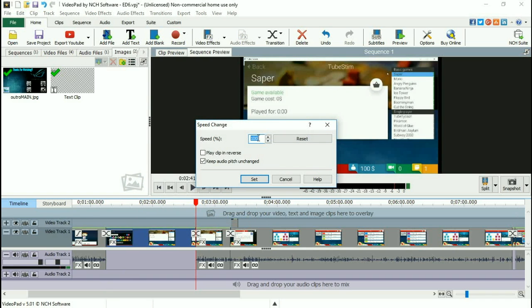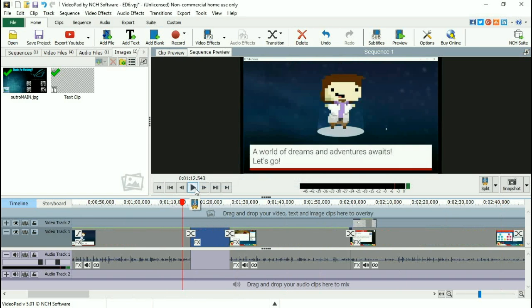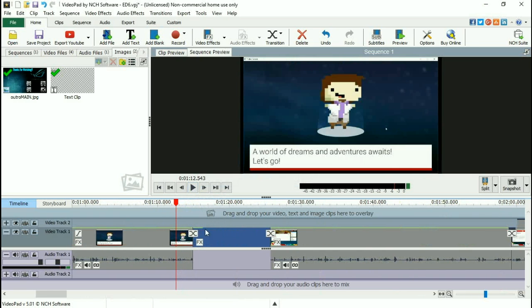change the clip speed, and I'm actually going to change it. I think the highest you can go is 800. You might be able to push it a little bit higher. But let's see if you can actually notice this. Once it loads, sometimes you can play through it while it's loading, but once it gets to the point where it's loaded, it kind of has to load up and takes a minute. But let's go ahead